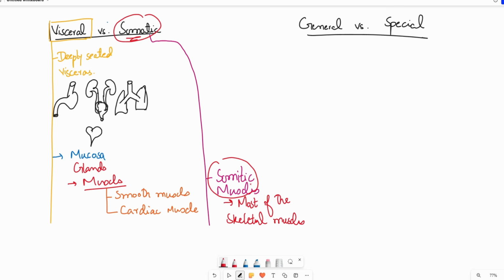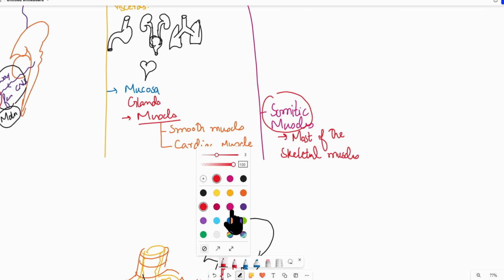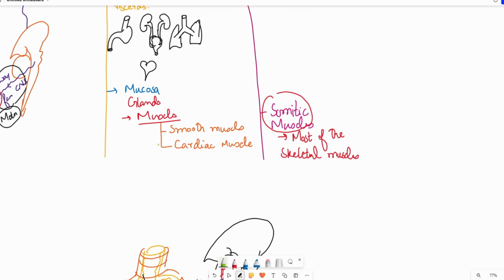But those skeletal muscles which are not somatic in origin are supplied by visceral nerve fibers. So what are those muscles? As it turns out, those muscles are pharyngeal arch derived muscles. They are derived from pharyngeal arches. For example, muscles of mastication, the muscles of facial expression, then some ear muscles and so on, that we will discuss later. So pharyngeal arch derived skeletal muscles,